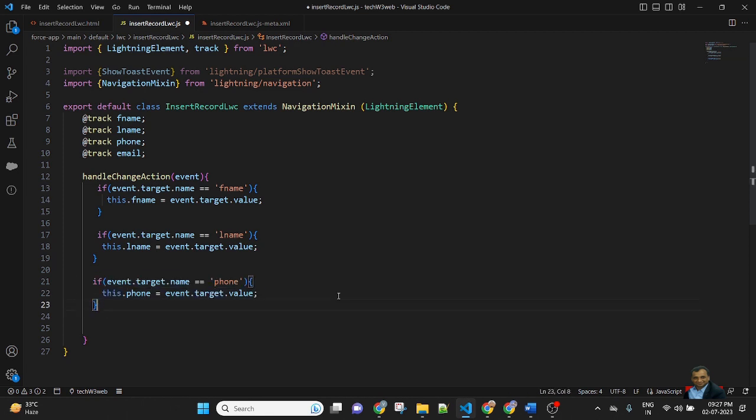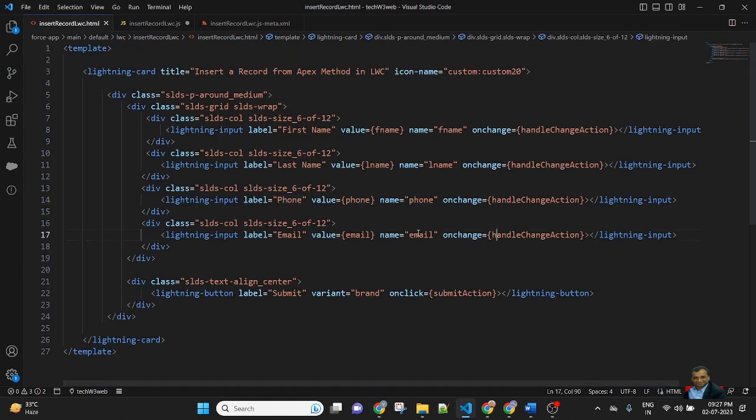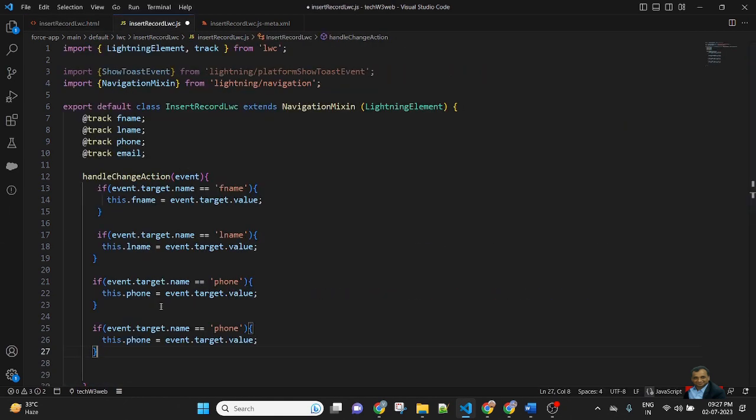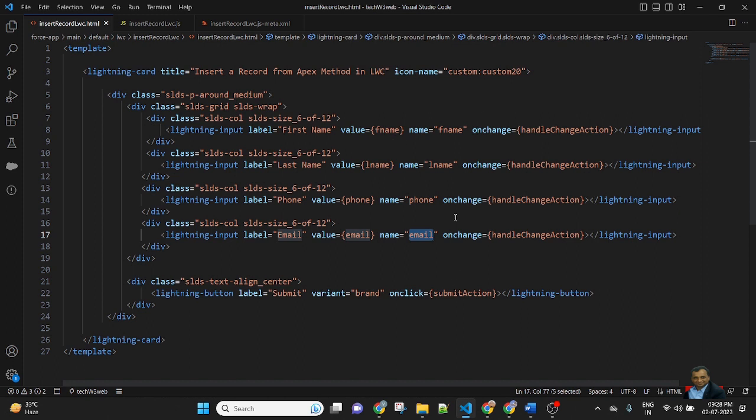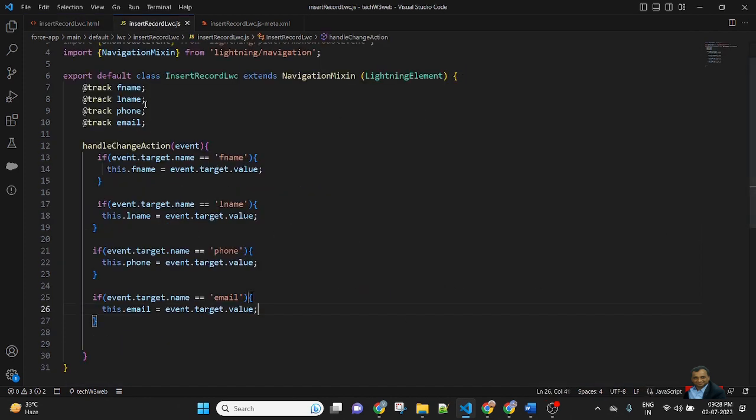Copy the if condition, and this time I will check email. So event.target.name equals email, this.email stores the value. That means I am checking event.target.name. Each and every element has a name. So I am checking the name fname, lname, phone and email, and storing the value in the track variable.